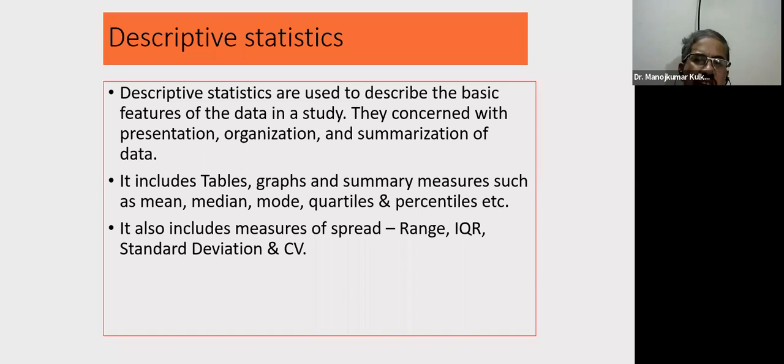Say, for example, gender: you are using only two categories, male and female, for which you have entered numeric values, male 1, female 2. When you generate the frequency table, apart from these two values 1 and 2, if you get any other frequency, it means you have entered data wrongly, so you have to correct it. So it provides an opportunity for you to clean the data. This is for qualitative, nominal and ordinal data. For continuous data, you can find the minimum value, maximum value, mean and standard deviation. So it provides a proper idea about how your data has been entered.